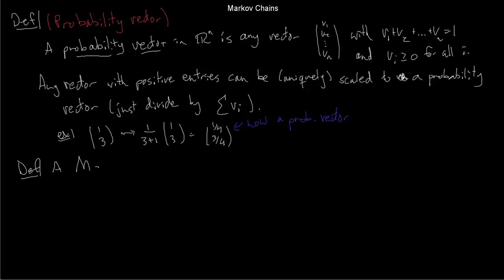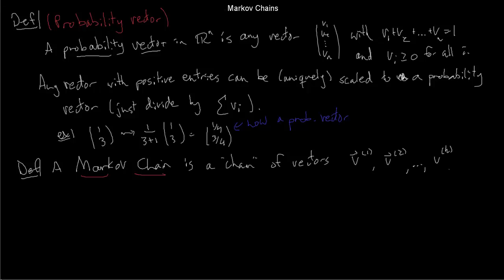Now we're ready to define Markov chains. So a Markov chain is what we just saw an example of with the soccer matches. It's a chain, if you like, of vectors. These are the probability vectors. So this is a chain of probability vectors, say v^1, v^2, v^3, up to v^k, and it just keeps going forever. The product of an iterative system. These are all probability vectors, and for every k,